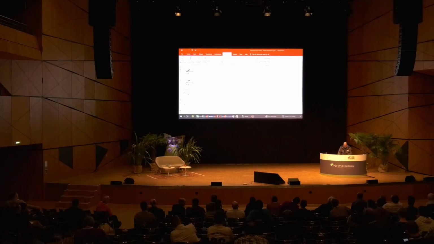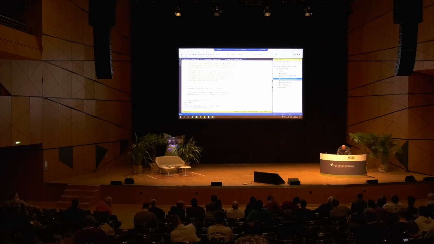Right, so now we can go back to the demo on the in-memory delayed durability. So what we need to do is we need to create a special in-memory OLTP file group here. You'll see it contains memory optimized data. And we will create what's known as a container in in-memory speak.